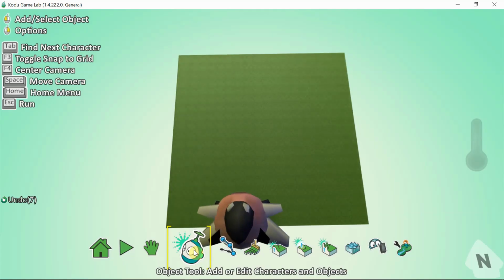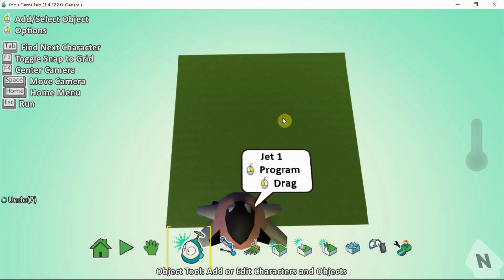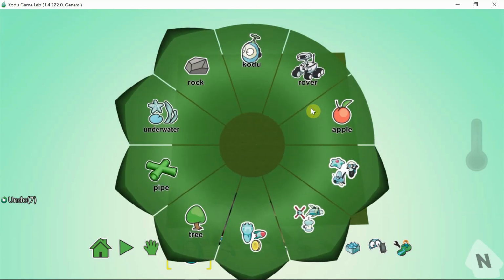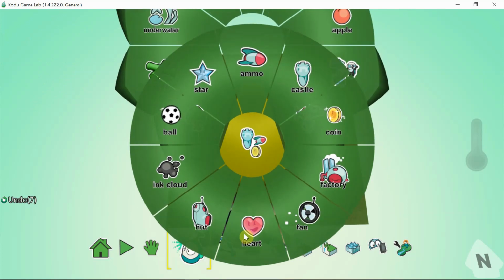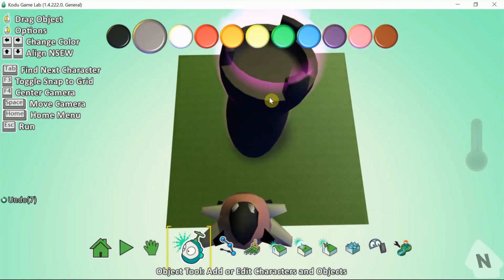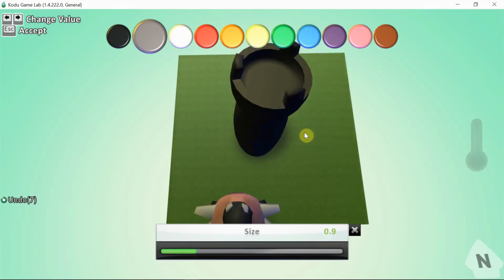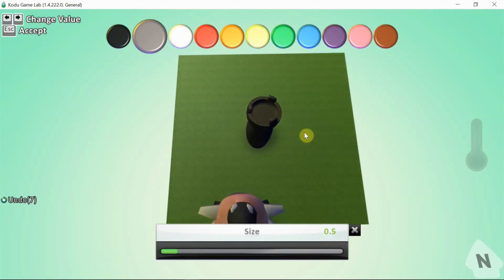Well, now let us add some more excitement to this game which is in building. By the end of the session you will have the complete game in your hands. So let us add, I am with object tool. Let us click here. I am quickly adding one castle. Here it is, and this castle I am putting in the middle of it like this. Right clicking, changing the size of the castle. Here it is 0.5 or a little bit.